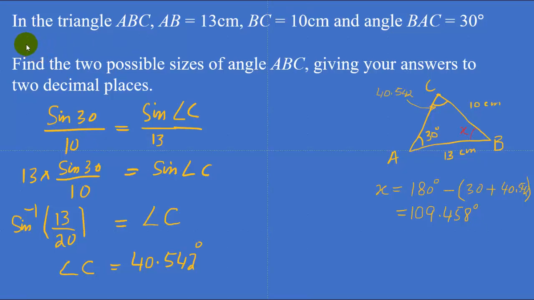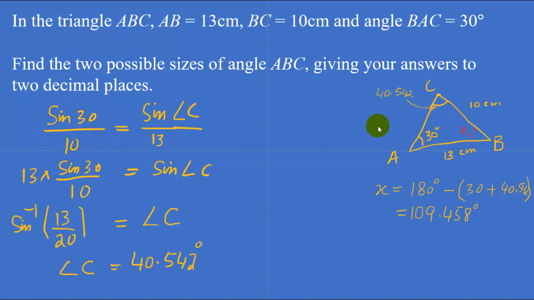In this question, let's draw a rough sketch first. So this is the sketch, and just incorporating the information, we have to find angle B. Looking at the information given, we can use the sine rule here. In the sine rule, we use opposite information. So here, sine 30 divided by 10,